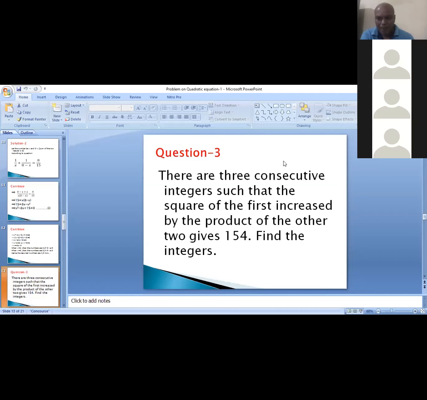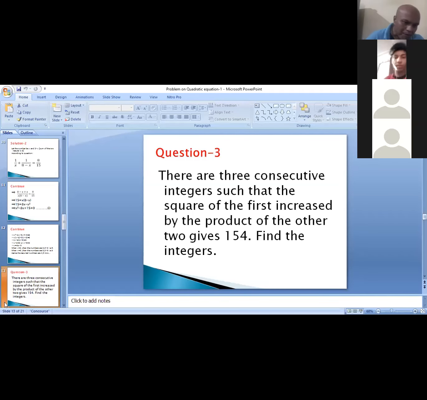Sir, the numbers which go line by line are called consecutive numbers, no, sir. Line by line, one by one. Okay. All the numbers are one by one, then this is consecutive. Here it is given that the three numbers. So how to take consecutive numbers? What is the method?